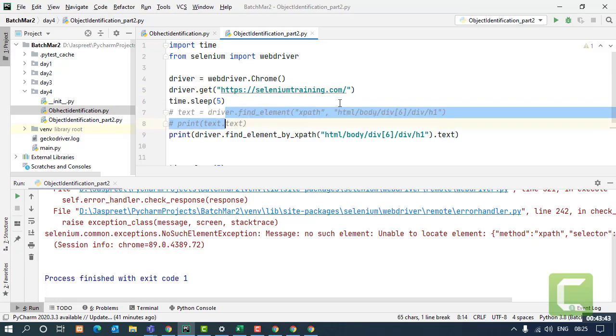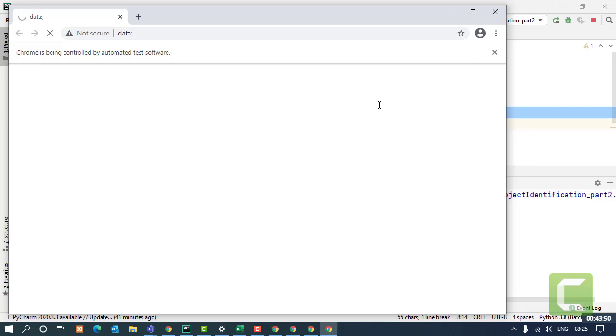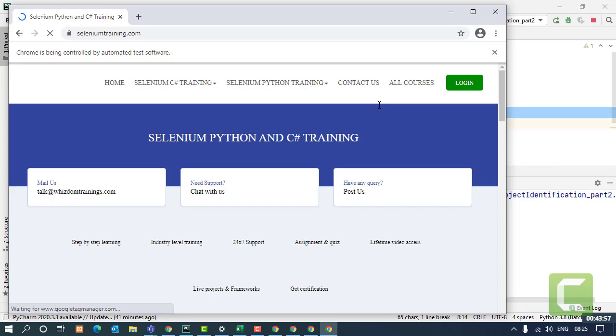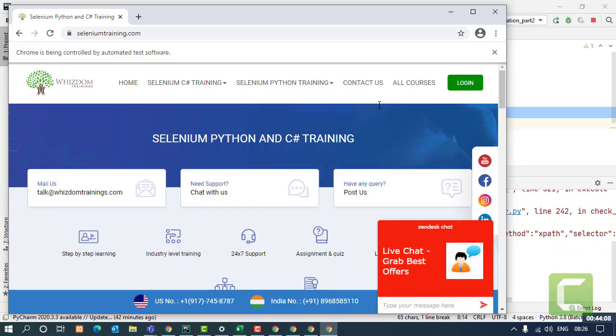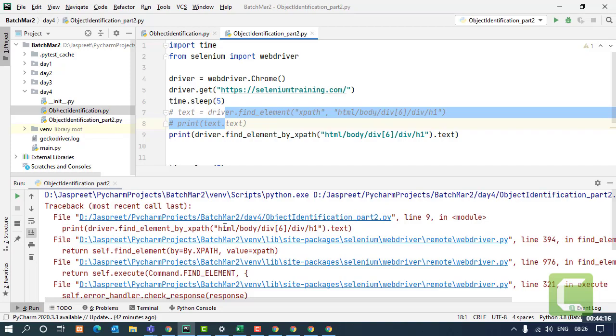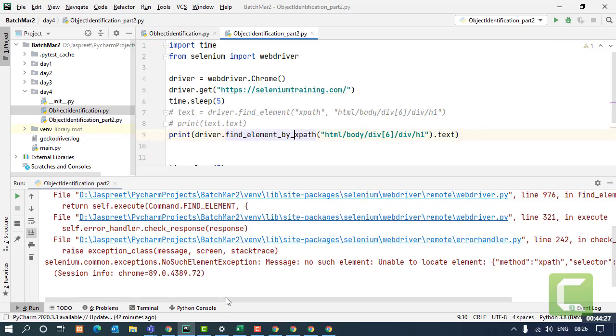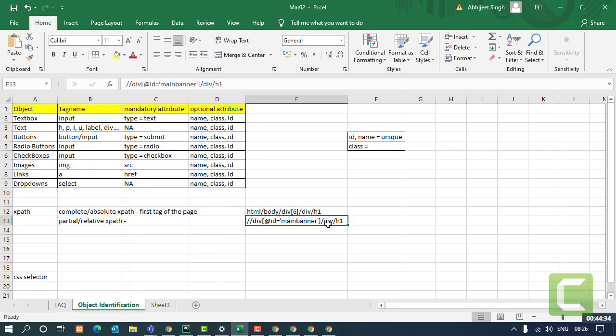Maybe if I comment this. Let's try it using the partial one.